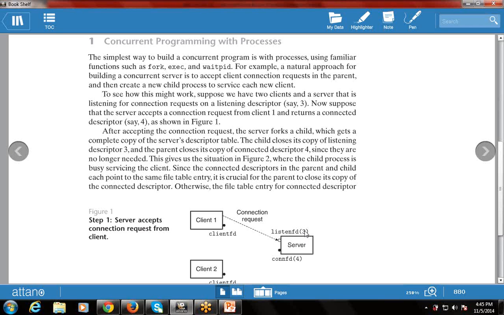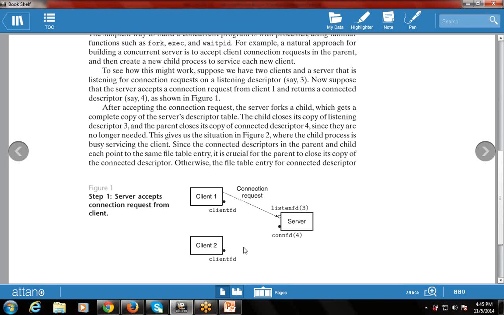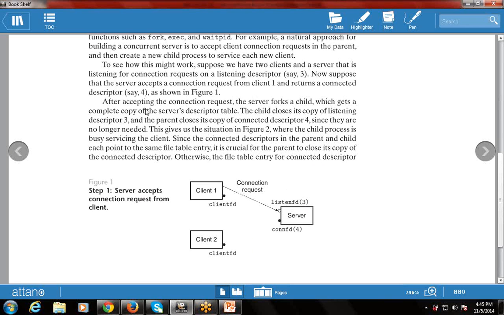The parent closes its copy of connected descriptor 4, since they are no longer needed. This is the way one connection is maintained, then the listen FD is removed, that is, the file descriptor is removed. Why is this removed? Because it unnecessarily uses memory, so there is no use. That's why it releases the listen FD, and then the client also releases the connection FD because the connection is already